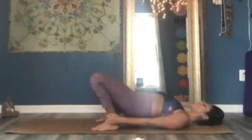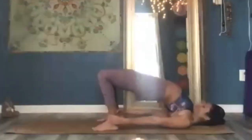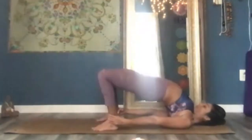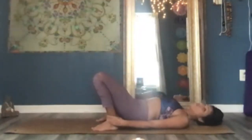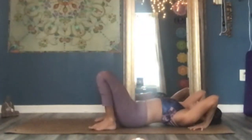And Ashtau, inhale, lift up, wriggle the shoulders under, hold here, 1, 2, strong legs. 3, 4, steady the breath. 5, exhale, lower down. For the third one, if you want to try Urdhva Dhanurasana, plant your hands over by